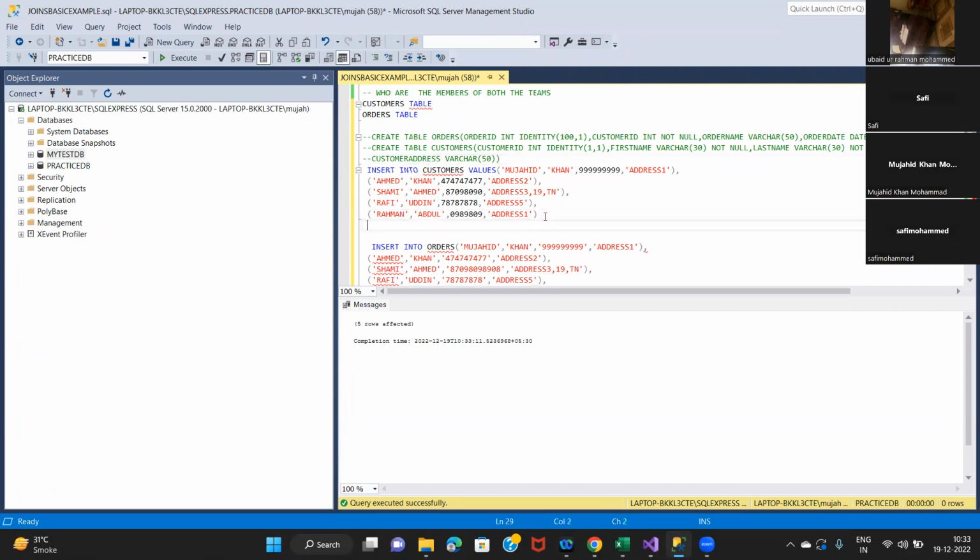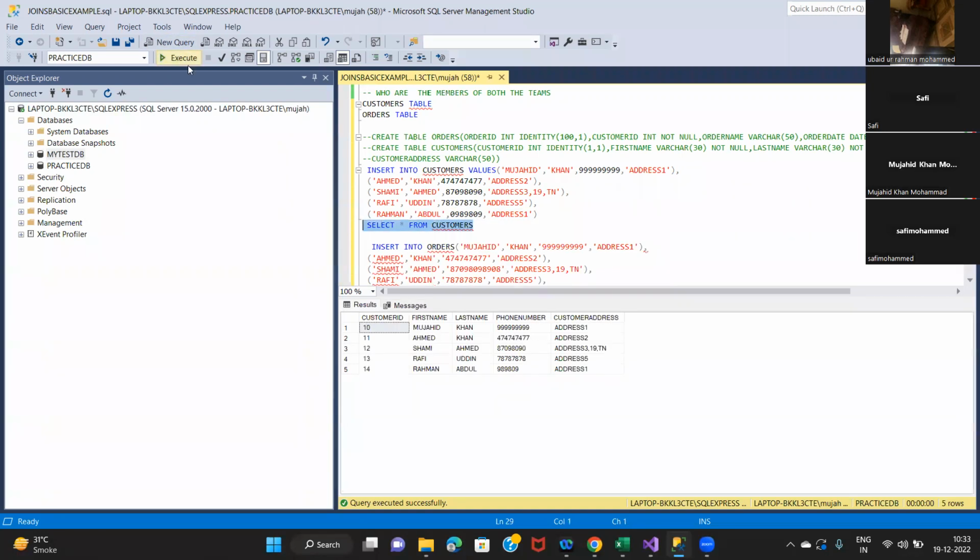सो अभी सेलेक्ट करेंगे वैल्यूज, सेलेक्ट स्टार फ्रॉम कस्टमर्स। ओके, यहाँ 10 से स्टार्ट हुआ कस्टमर आईडी, चेक करें आप एक्चुअली। हाँ राइट, कहीं को स्टार्ट हुआ ऐसा? 1 से होना चाहिए।